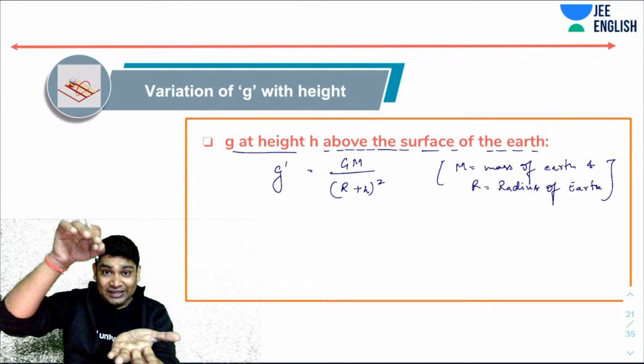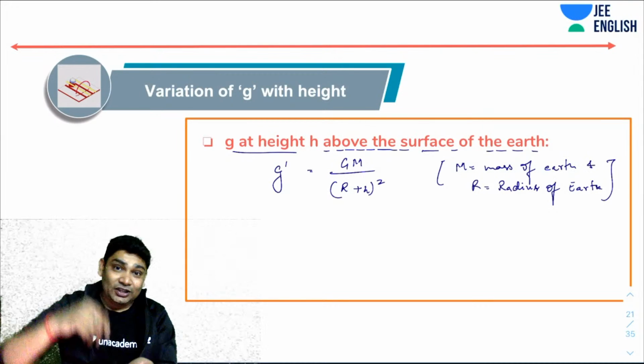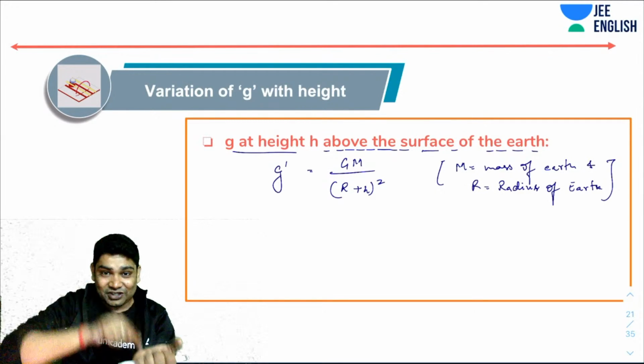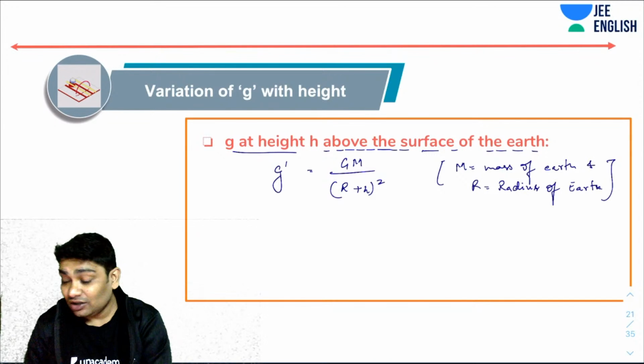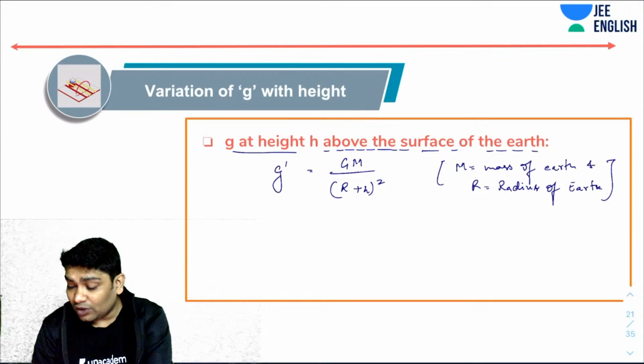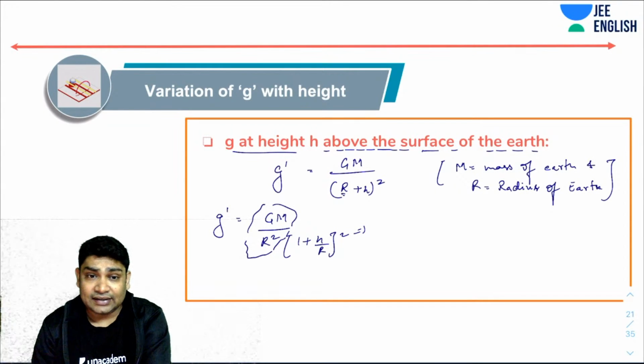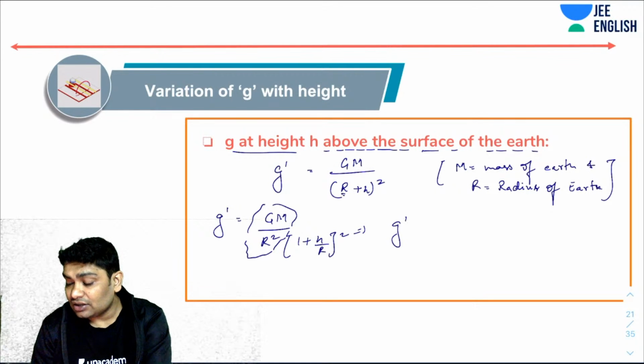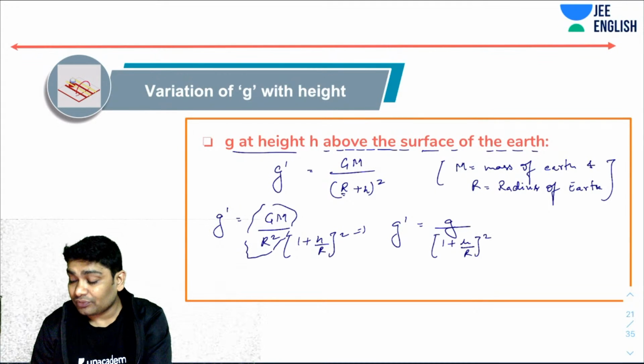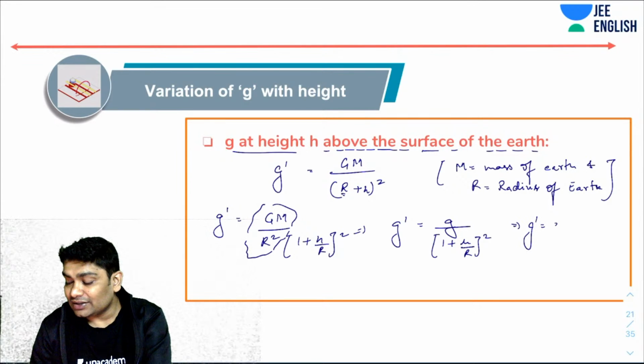So if you drop something on the top of Mount Everest, if you drop this pin, you would see that its acceleration would be less than 9.8. So that is something very interesting. Now if we work around this equation a bit, what we usually do is write g dash, and I take this R common, so I can say GM over R square, then we have 1 plus h over R whole square. Now you will realize this is the value g, the acceleration due to gravity near the surface of the Earth. So I can say g dash is g over 1 plus h over R to the power 2. Now what we also sometimes do is write it like this. We can write this as 1 plus h over R to the power of minus